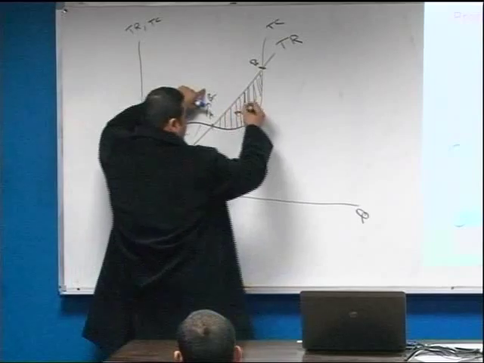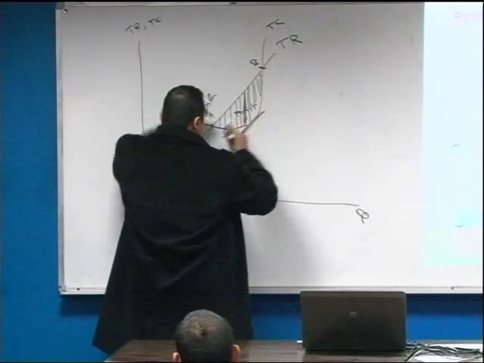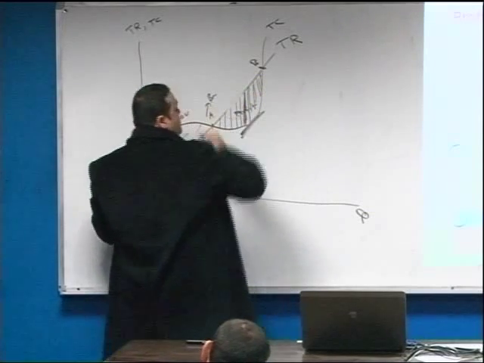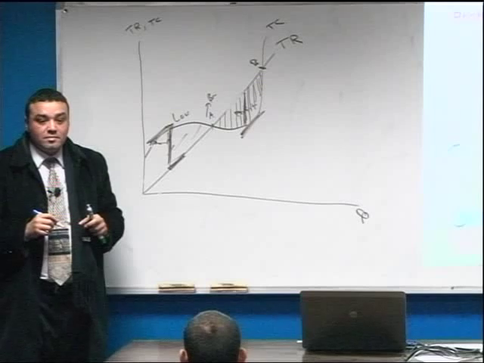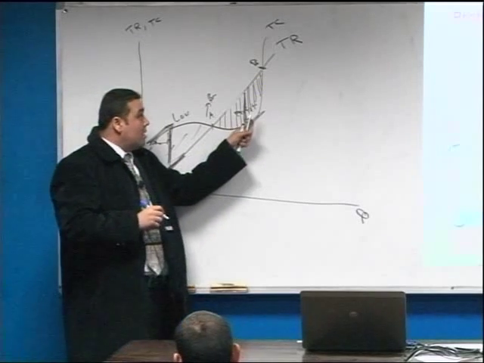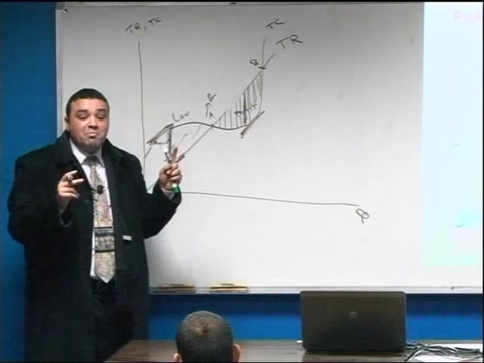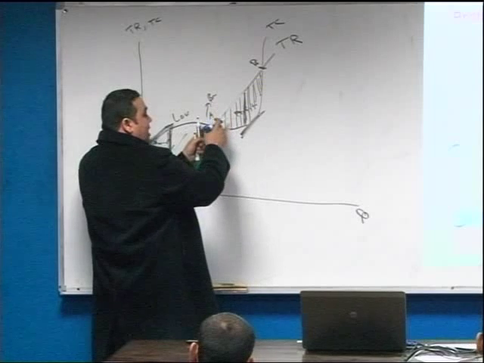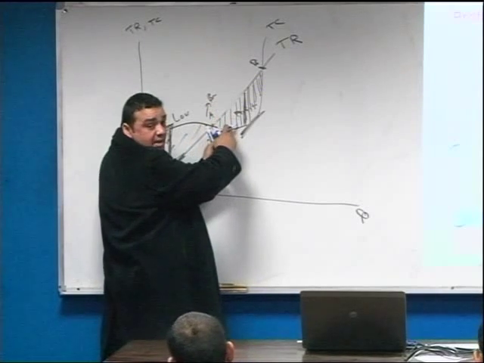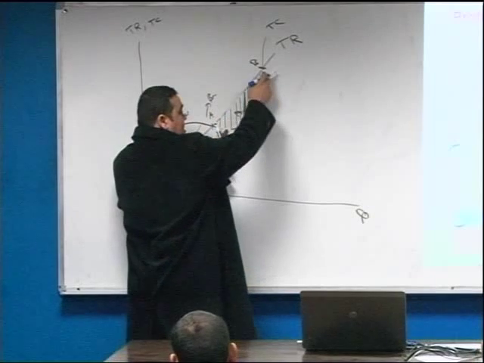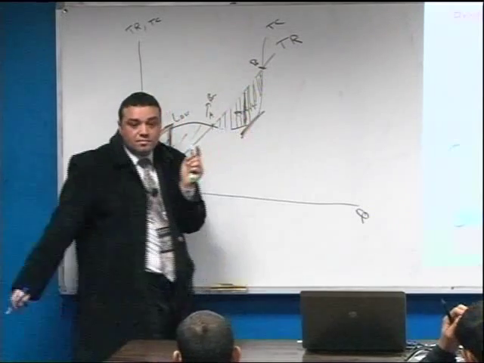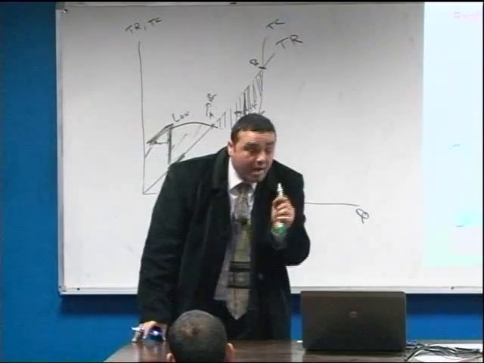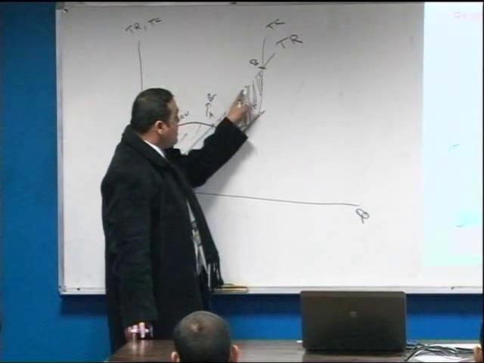What about this point? The same. The slope of TC equals the slope of TR. But for the profit maximum, in this case, the slope of TR is larger than the slope of TC. In this other case, the slope of TC is larger than the slope of TR. Right? So the profit is maximized when the slope of TR equals the slope of